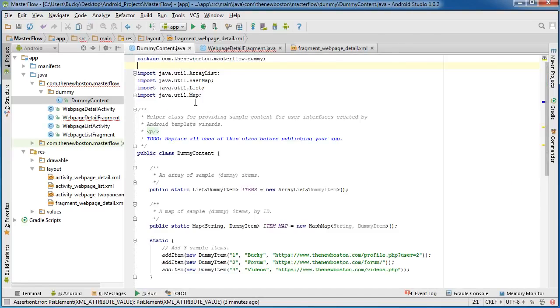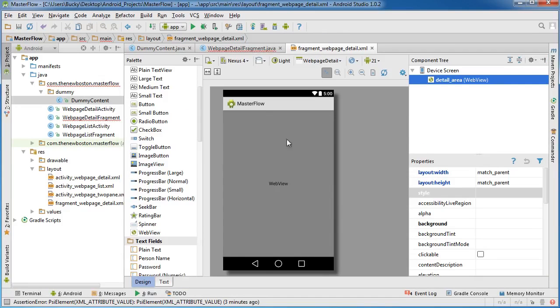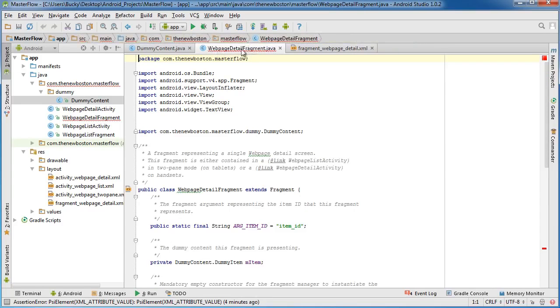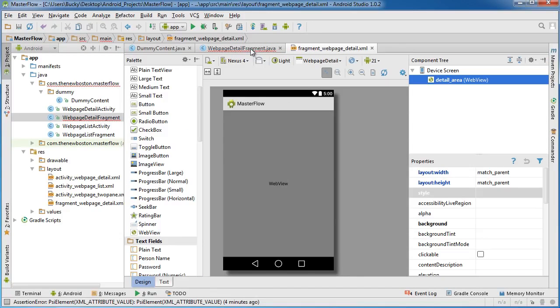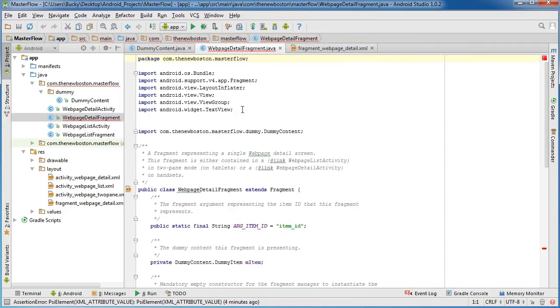So now we got all our list items created and we have our interface set up with this web view thing that can display web pages. So how do we say, okay, this is the web page that we actually want you to display? Well, for the associated Java class for this fragment right here, and that's this one, web page detail fragment, and this is the one that opened by default, so as long as you didn't close it, if you did, it's right in here. Again, this is pretty much a controller for this area or this fragment,